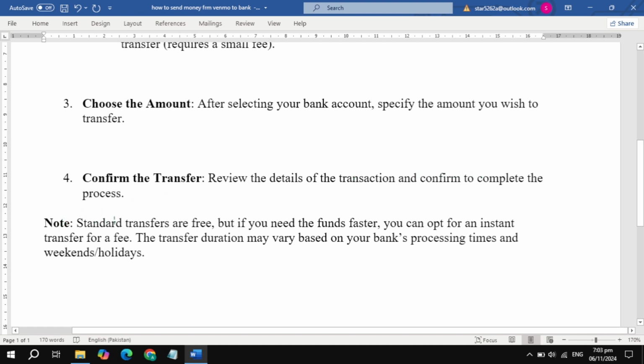The important note is that standard transfers are free, but if you need the funds faster, you can opt for an instant transfer for a fee. The transfer duration may vary based on your bank's processing time and weekends or